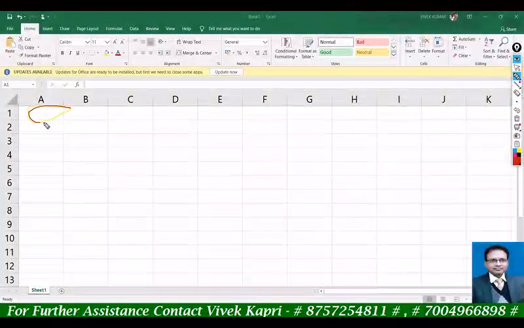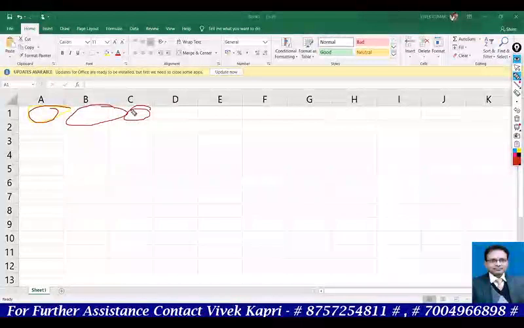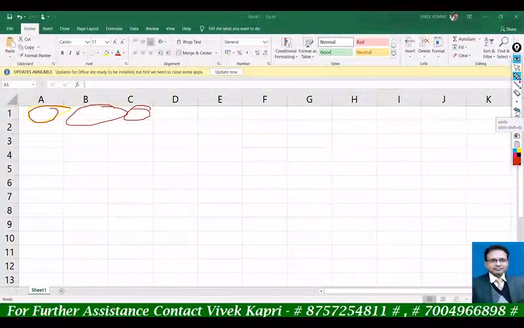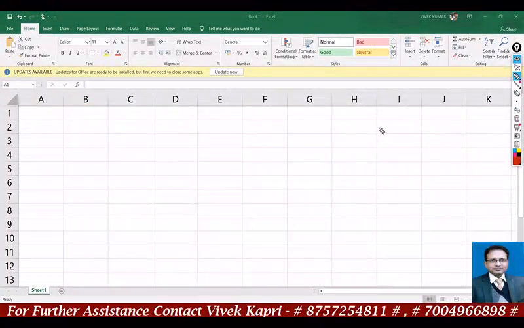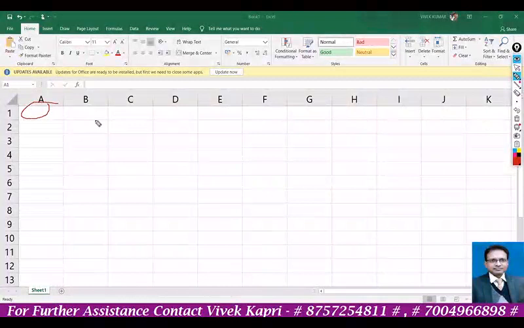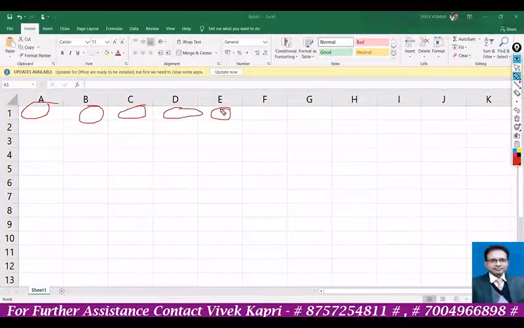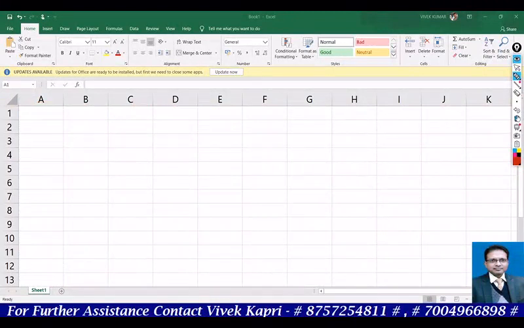So this is a box, this is another box, this is another box. You are looking at different types of boxes. So what are these boxes called exactly? Actually these boxes are called cells. This box is called one cell, this box is another cell, this is the third cell, fourth cell, fifth cell and so on. You will get different cells in MS Excel.